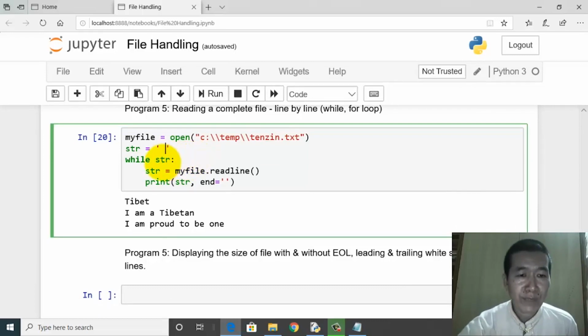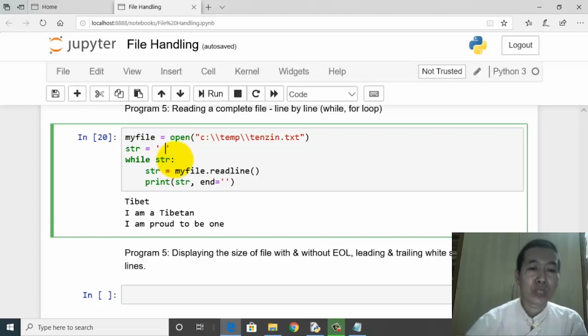So in Python, if it has a value, it evaluates to true. If it's none, if it's null, if it doesn't have a value, it evaluates to false. So basically, since the value of str is a space, it's something like while true. You have learned in class 11, as long as the condition following while evaluates to true, you need to keep iterating the loop. You need to keep executing the loop as long as the value of while evaluates to true. The moment the value evaluates to false, you need to come out of the loop.